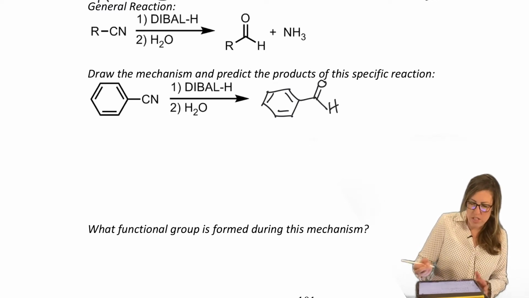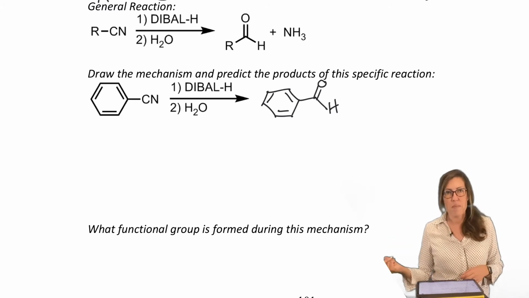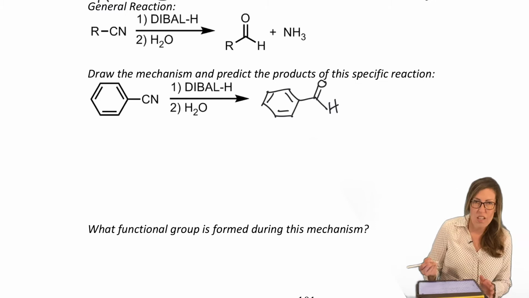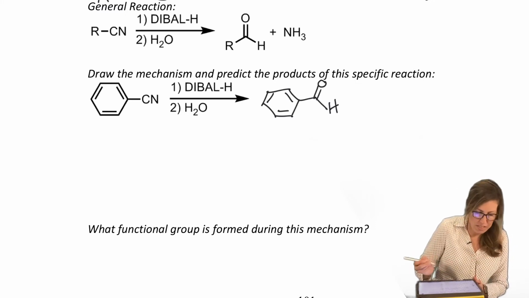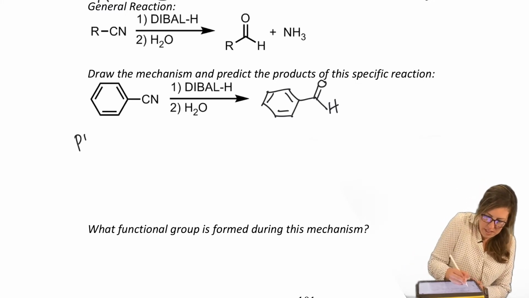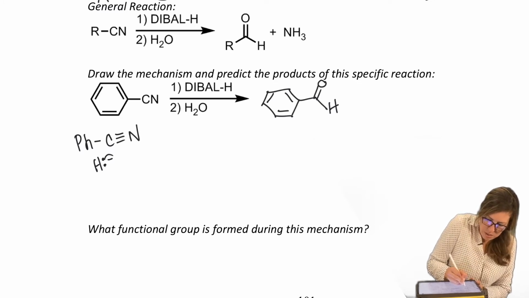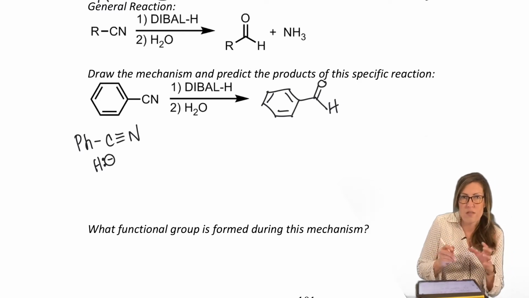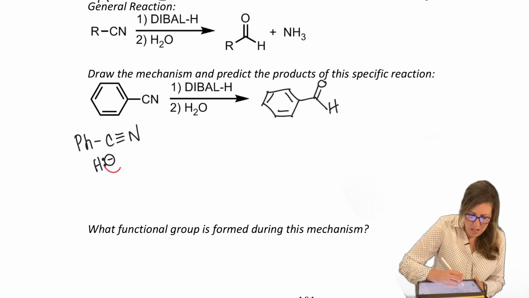So where did that nitrogen go? Why did we keep the nitrogen in the first one? Why did we get an amine in the first one and an aldehyde here? Very confusing if you don't see the important piece of the mechanism. So like I said, I'm going to keep it simple, but get to the important part, because this chapter is really mechanism heavy. So we really want to call out the focal points.